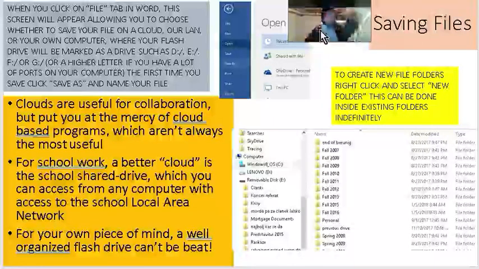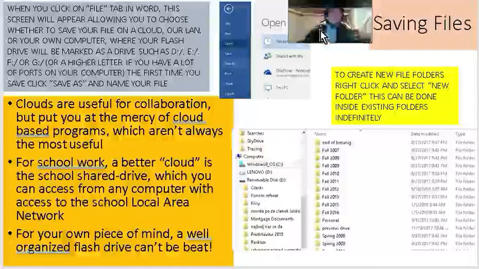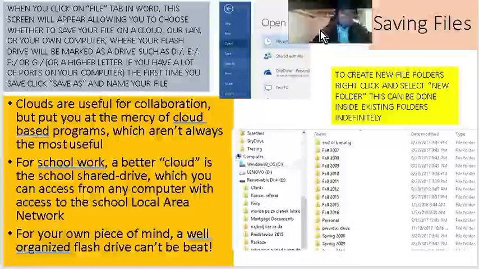Here's one right here. A flash drive will make your life easier. I have to figure out how to plug it back in. Okay. So